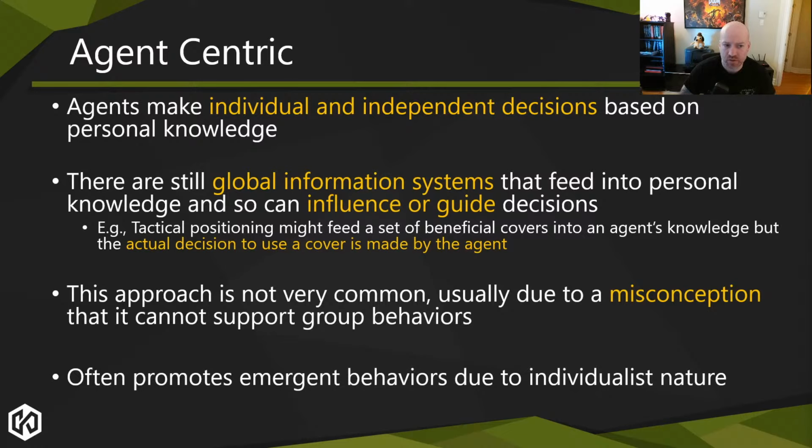When we talk about agent-centric, as I mentioned, it's basically the agent making its own decision. There are still the global information systems. They are not managers. They are just information. So a lot of times people mix the two concepts. For example, they may be tempted to have the global information systems strongly suggest things for the agent to do. And at that point, the line between manager and data store blurs. Then you start to shift responsibility into those systems versus the agent itself. Need to be careful with this one.